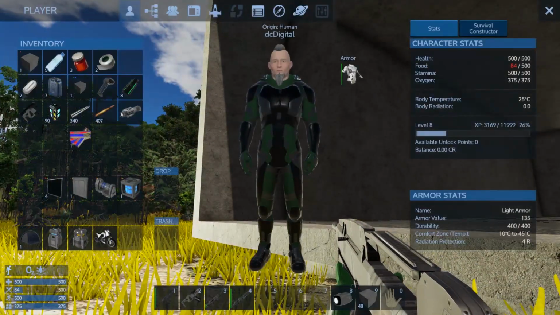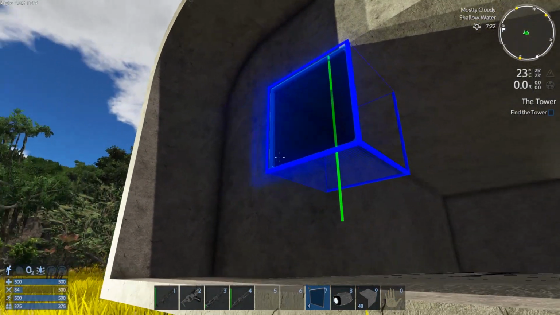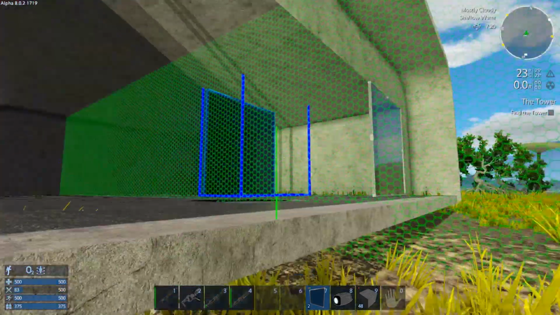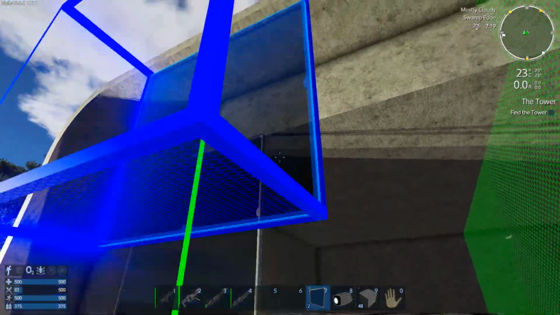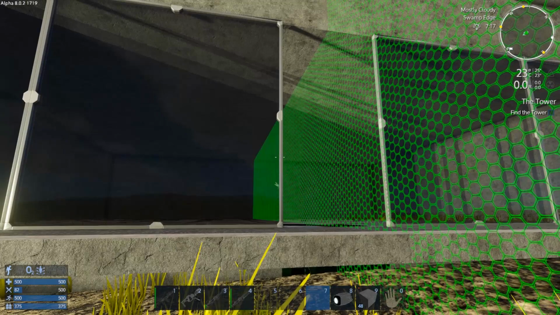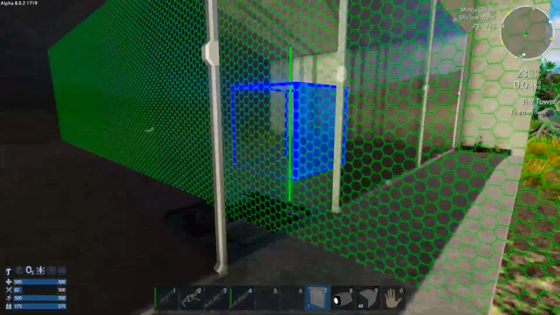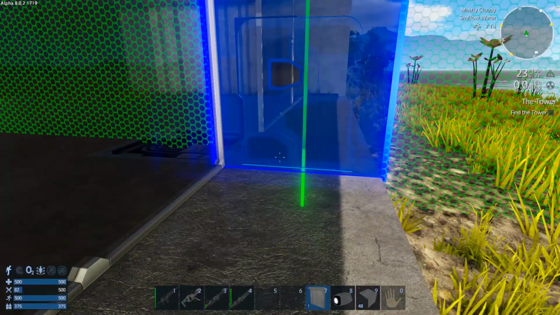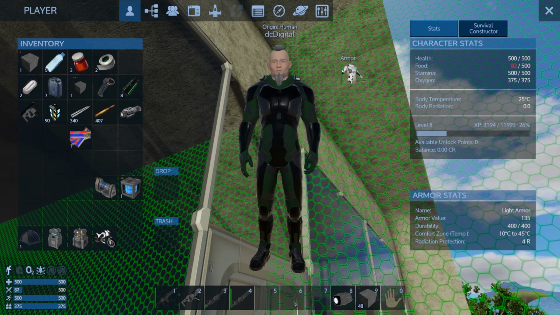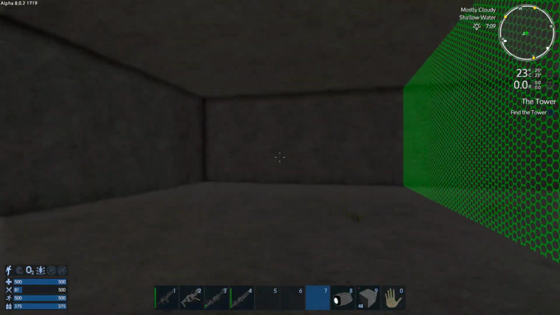Now I've also built some glass. So my glass is going to go here. 1. 2. And I built a door. And my door is going to go there. And 1 piece of small glass, and I don't have another one. But that's okay, because I have enough space in here now